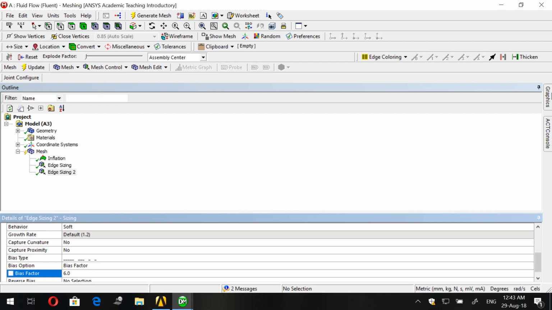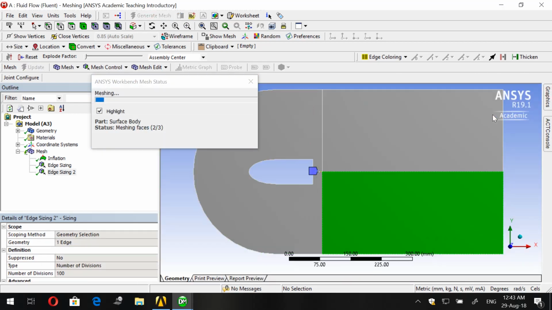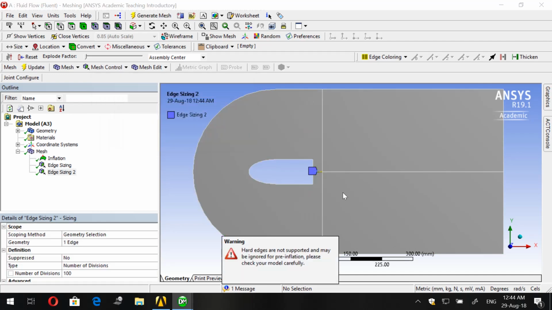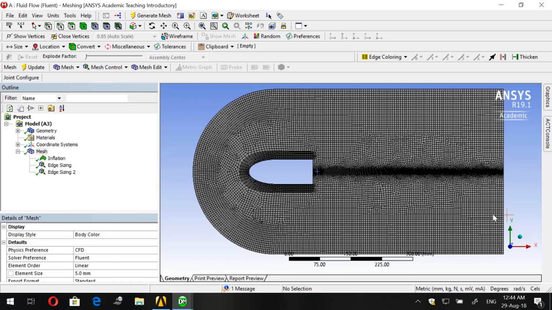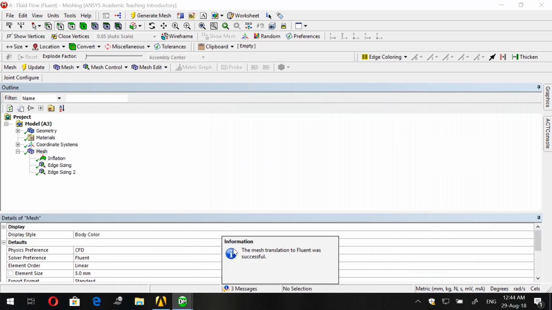Okay, and let's update. Let's generate. Oh, this is nice now. It's better. So let's stick to this result, and let's update